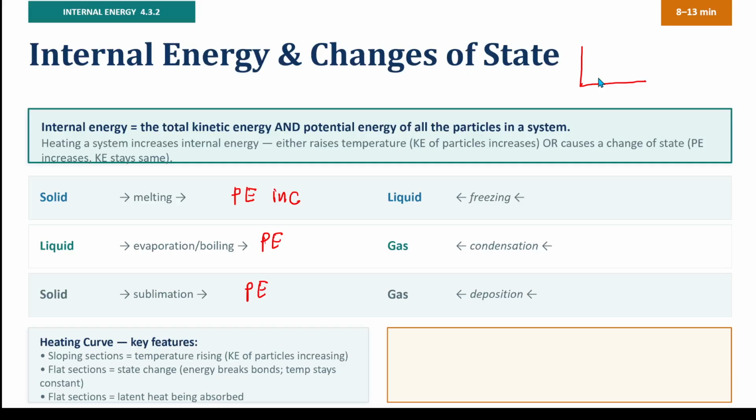It's going to first come to 0. So the temperature is rising. When temperature rises, kinetic energy increases, and then it changes to liquid. So what happens when it changes to liquid is the temperature does not change. So ice at 0 would change into